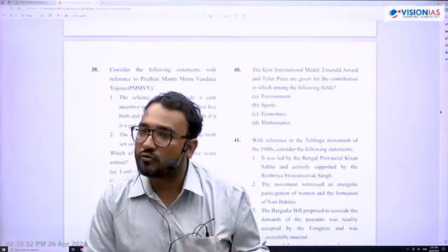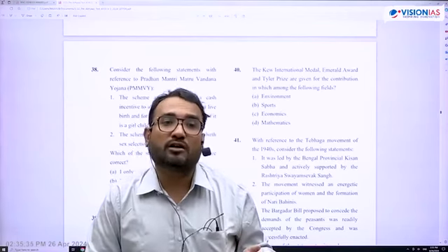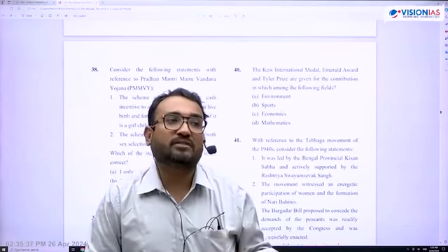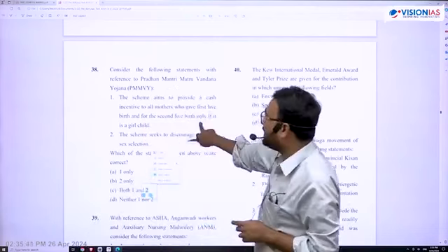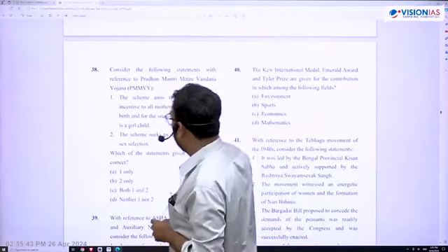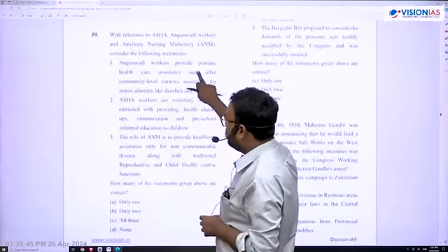I'm not asking you to go through the sections, but what is the position of the law? Whether the law has been able to bring some change on the ground. What are the important sections of the law? For mains you can go through. Okay, this I'll settle for 38C. Next is 39. 39, let me read.